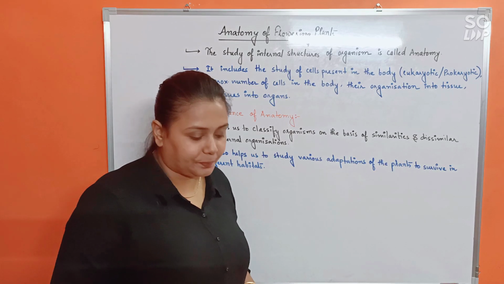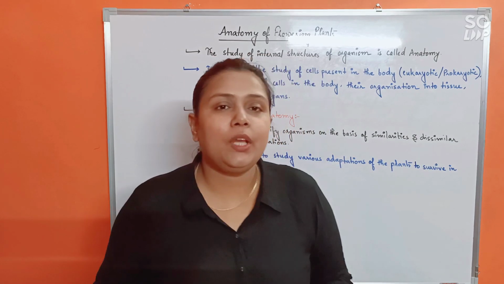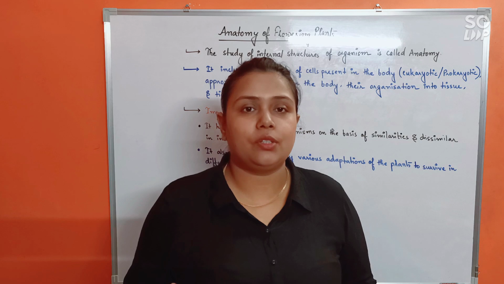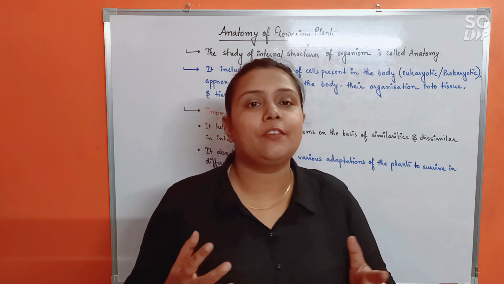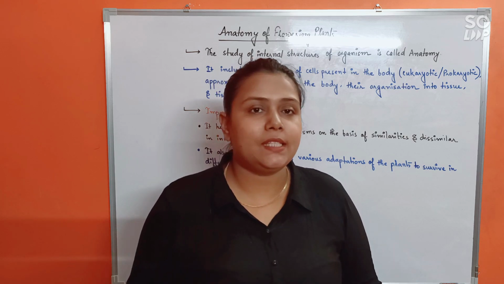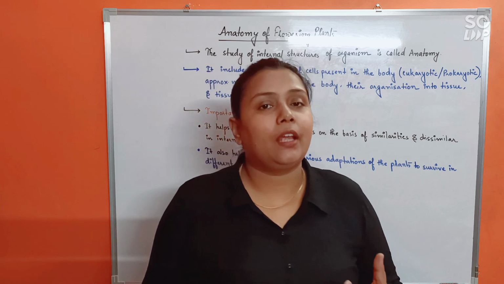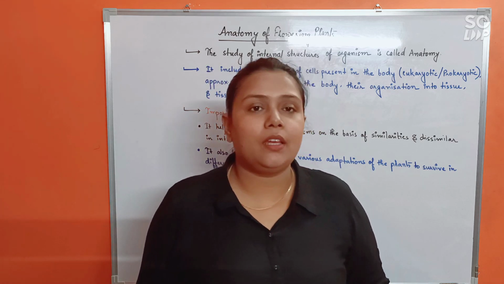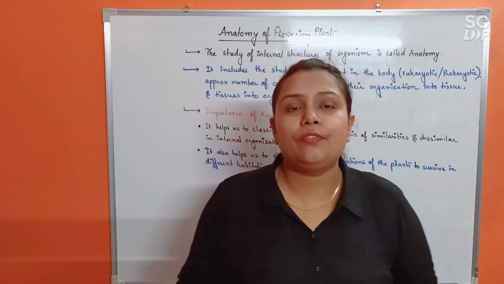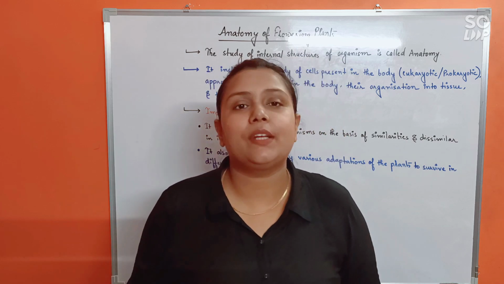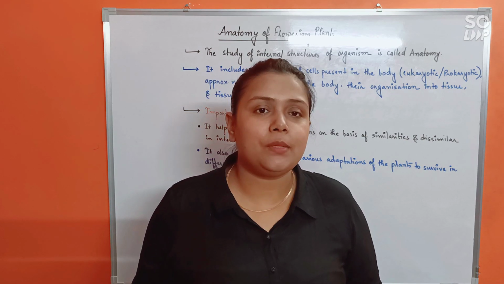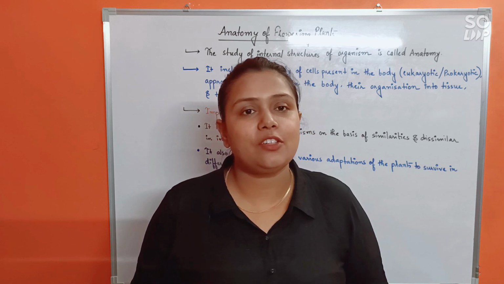Alright? So see, anatomy doesn't only help you understand the internal structures, but due to those differences in internal structures, the plants are also able to cope with various different mechanisms or different adaptations. Like, we can see different types of plants in our surroundings, right? Some of them are able to withstand extreme dry conditions. Likewise, some of the plants are found in completely wet conditions, isn't it? So different kinds of extreme habitats the plants are able to adapt to. Now, how are those adaptations possible? They are only possible due to certain changes in the internal organization, isn't it?